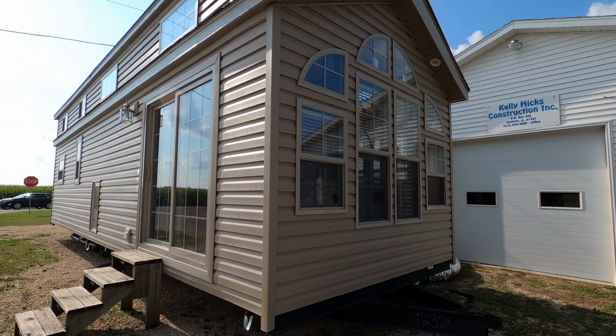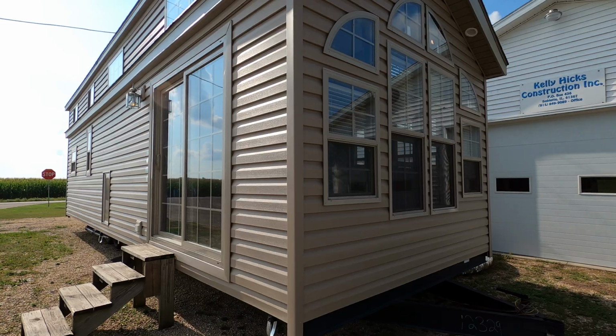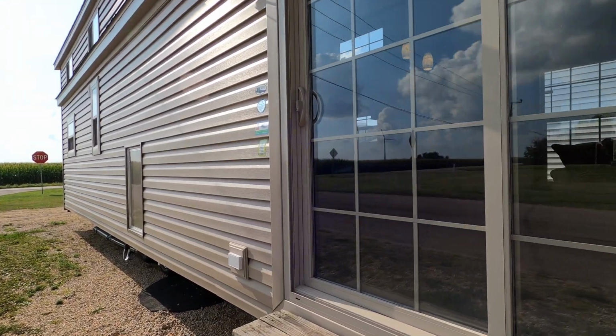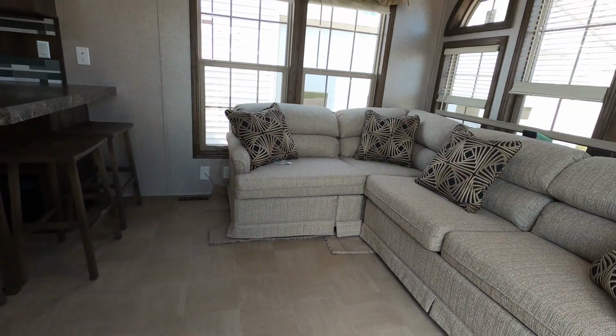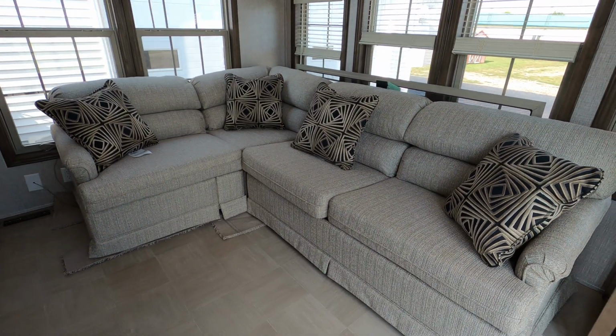And it's a pretty fancy trailer. I already did one video. This is video number 2 because I forgot to show people the loft. It's half loft, 6-foot vinyl patio door, sleeper sectional sofa,